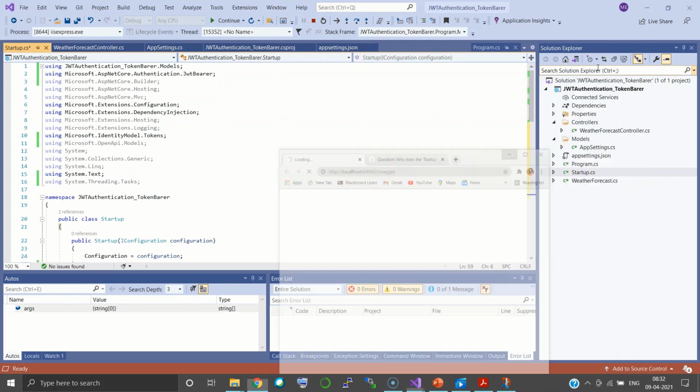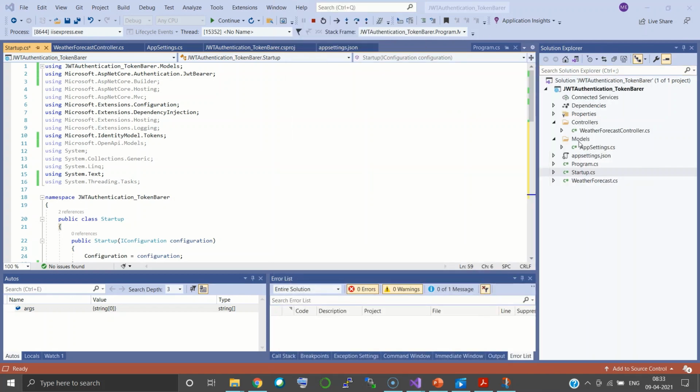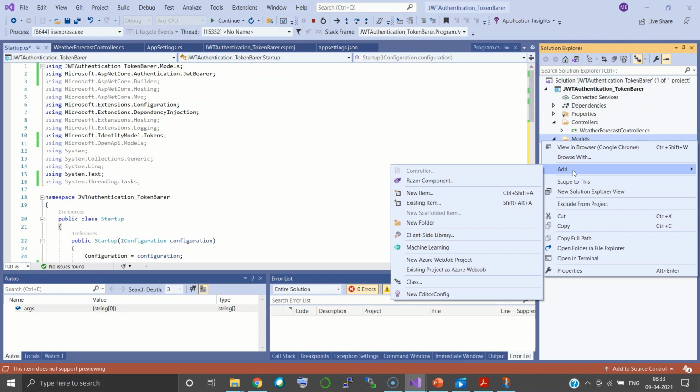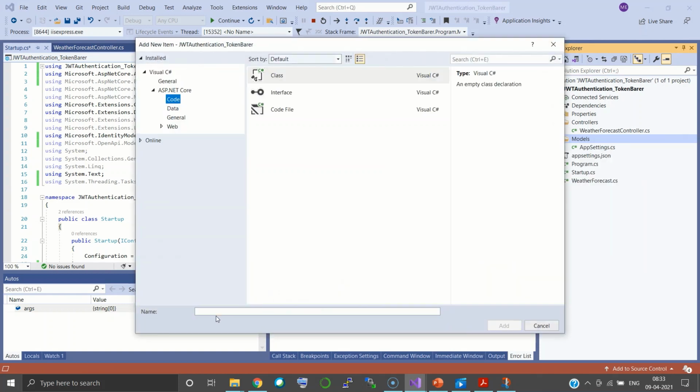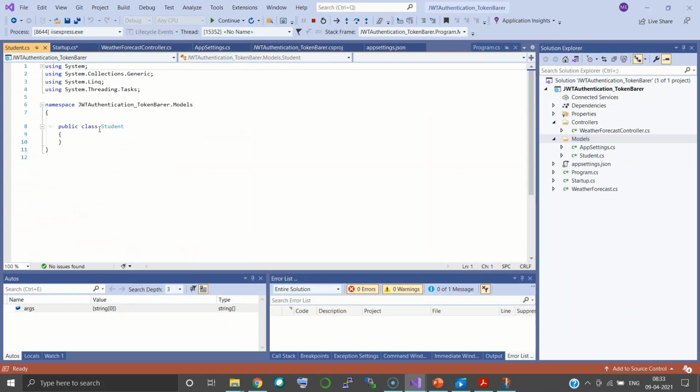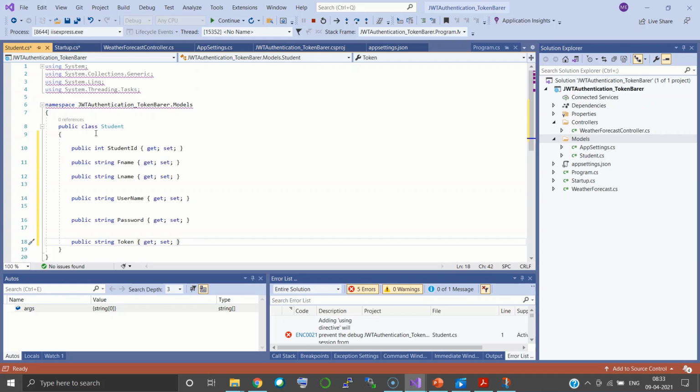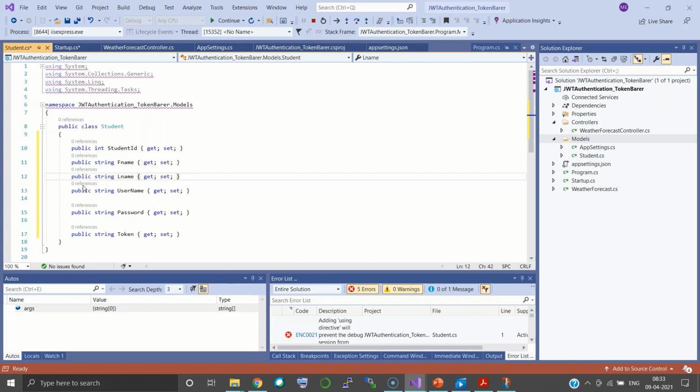The next step is to create a Student.cs class file under Models. It is named Student.cs, and here we are going to give the instance for the authentication access. We are giving the name and ID here, and I'm saving it now. It's showing some kind of error. Let me look into that.